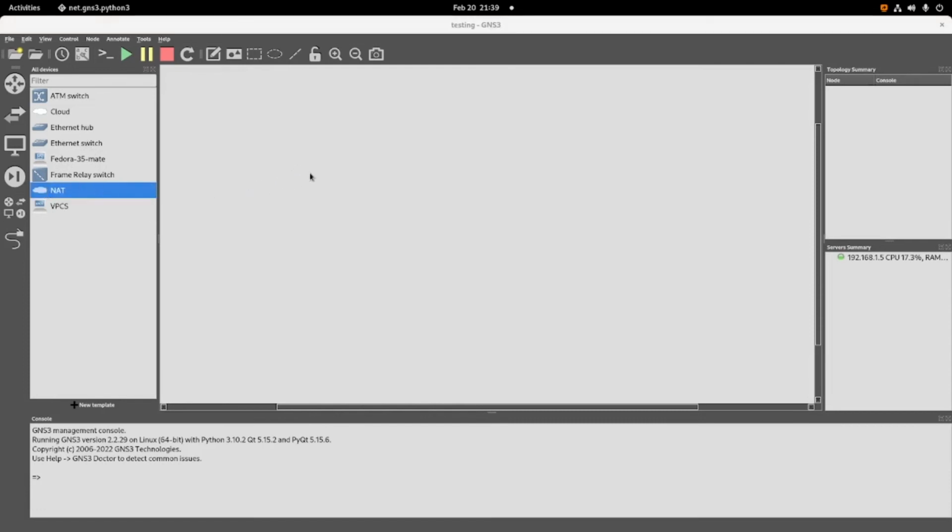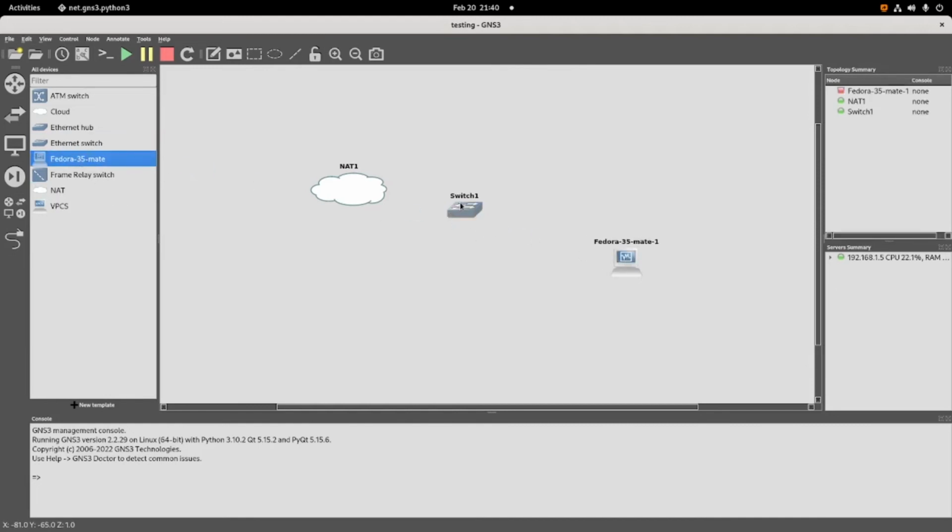I will use NAT, and then I need a switch, and this is my computer. Okay, let's start our VM. Start.